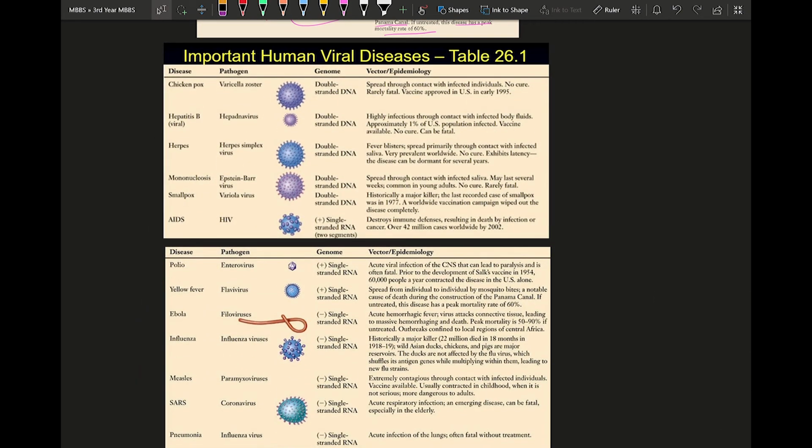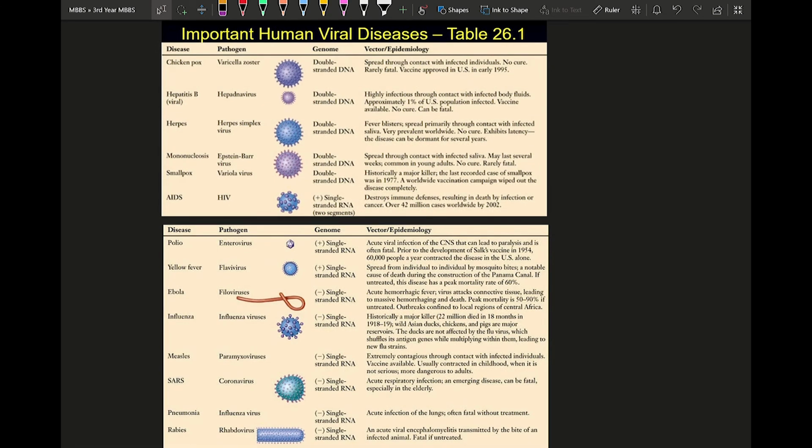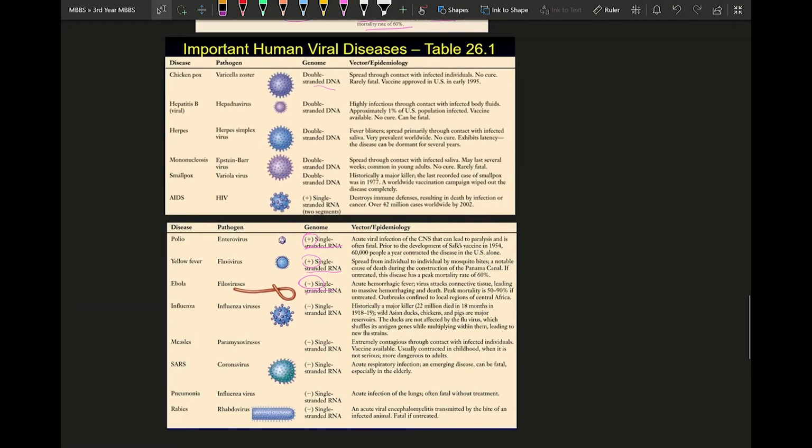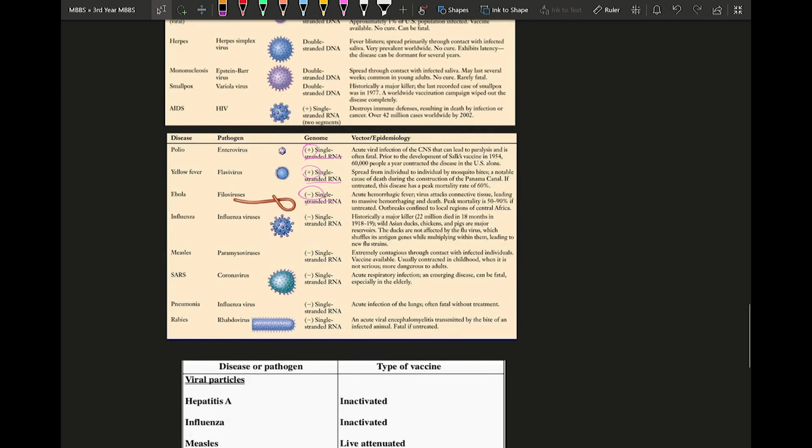These are all the classifications based on the genome present in the virus. You have DNA viruses, then single stranded positive sense, and single stranded negative sense. All these things we'll be looking at in detail in the upcoming videos. I'll help you classify the viruses, split them into which system they affect, and then cover general points for each of those systems. We'll look at that in the next video.